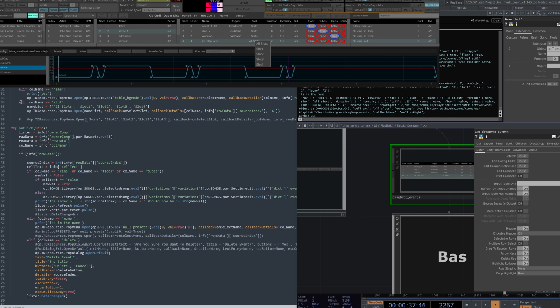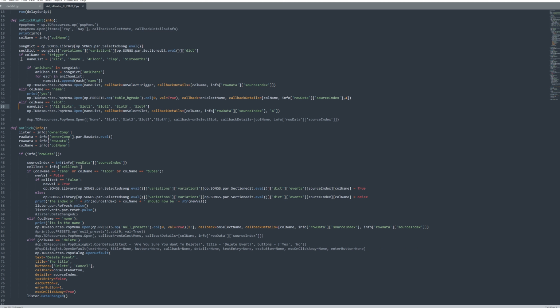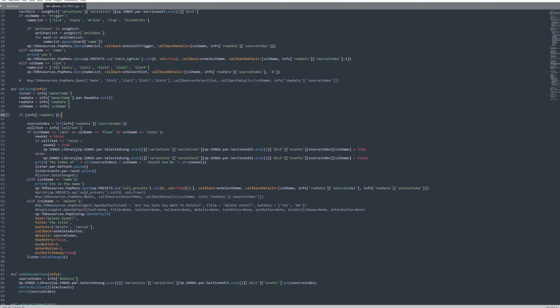And on right click, if the column name equals slots, my name list equals the slots. These are the left click options.